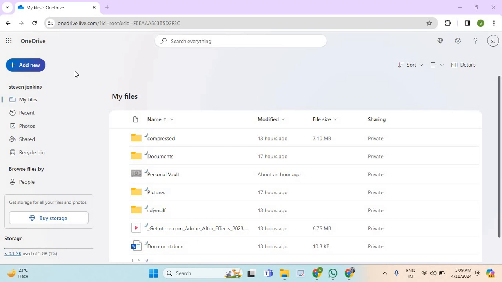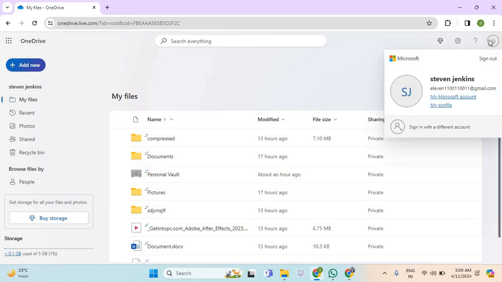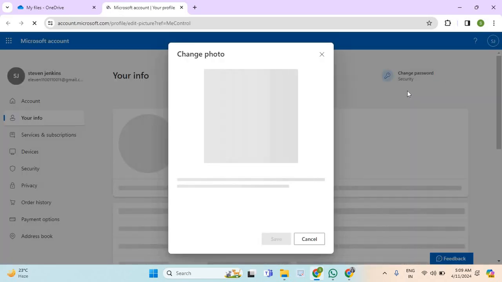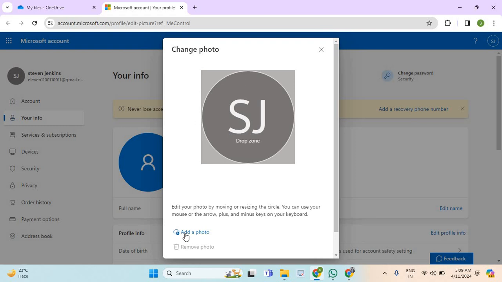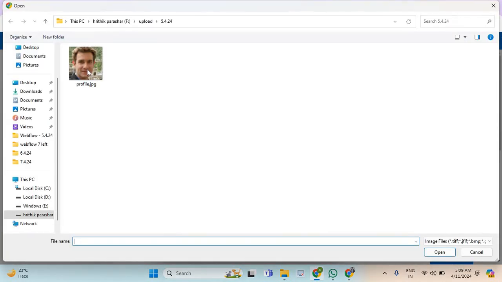So for that, first of all you have to log into your account on OneDrive and then select your name initials, which is on your top right corner. Now select this icon. Now select add a photo. Now select your profile picture and then select open,